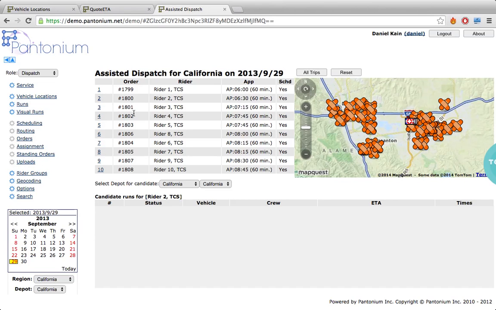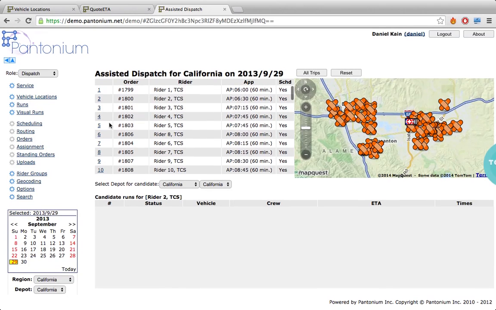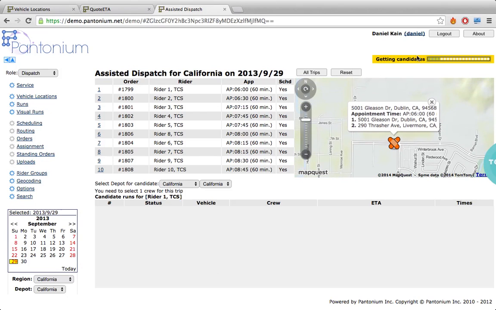So what a dispatcher would look at here is we have a list of all of our trips. Number 1 would be the top priority trip, and number 55 would be the lowest. So number 1 has the appointment time that's closest, the schedules, their location, etc. This is the dispatcher's number 1 scheduling priority. So all they would have to do is click on the number,